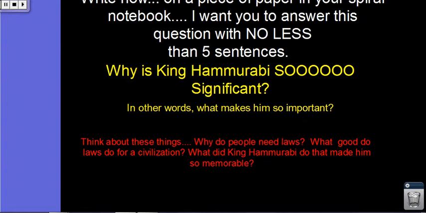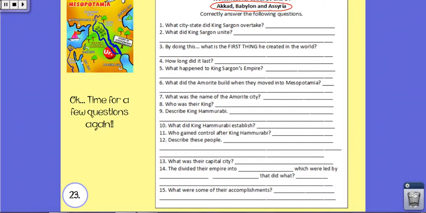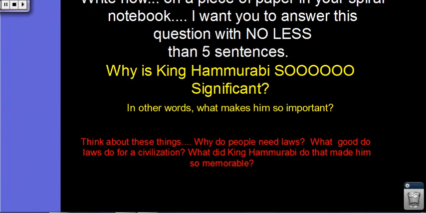Now on a piece of paper in your spiral notebook, and I really would like for it to be around the questions that we did yesterday. So if you've got some space around this little worksheet that we glued in that says Akkad, Babylon, and Assyria, you can write it to the side, over the top, or on the bottom. I would really like for you to answer this question near this worksheet, but if you can't, that's okay. It's your spiral notebook, and the thing that I'm most concerned about is that you have the information in there